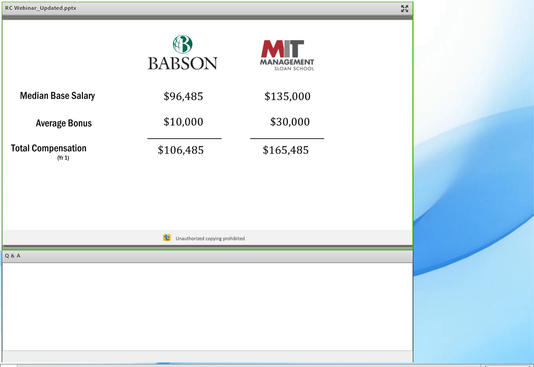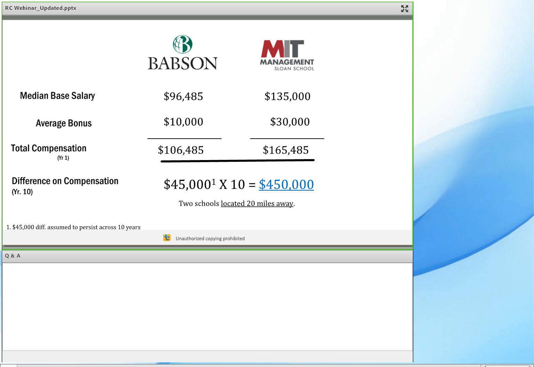Now, I'm a Babson grad, and when I studied at Babson, this delta was about $20,000. Today the delta is about $60,000. So what has happened over the last 12 years, I graduated 12 years ago, is that companies have regarded graduates from top B schools to be a lot more qualified to make more money. And hence the value of a tier 1 MBA has gone up.